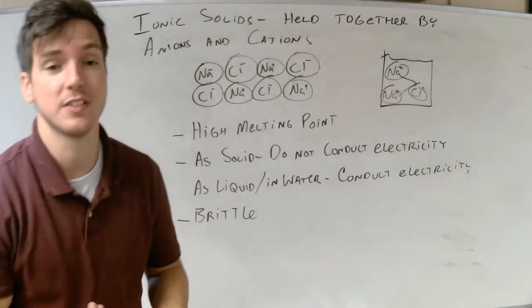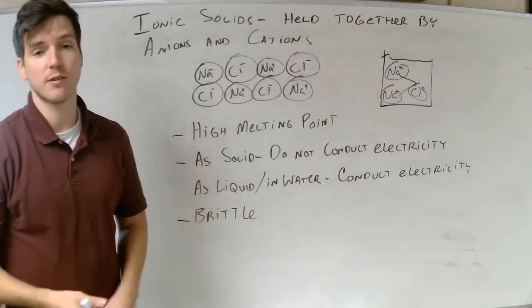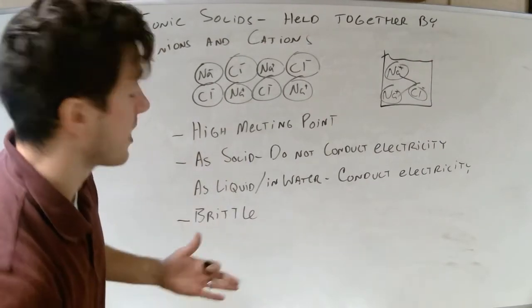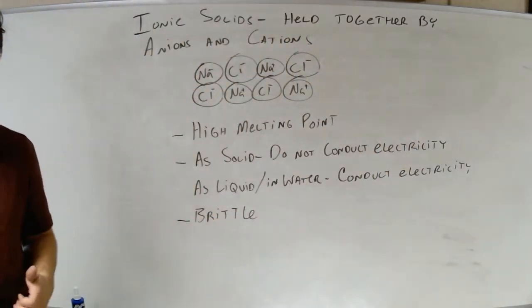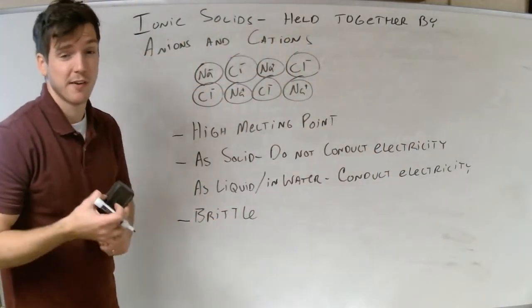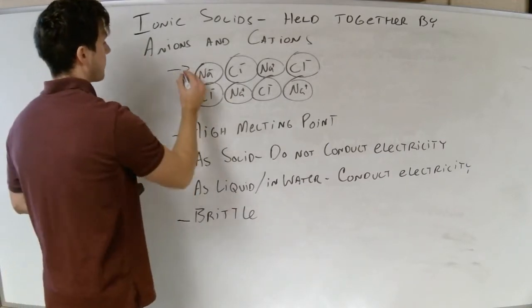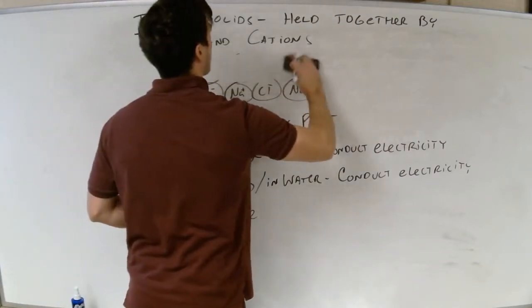So ionic solids, not able to conduct electricity in solid form, but if we melt them or we put them in water, they can conduct electricity. Another great aspect of these is that they are brittle. Okay, this is due to a thing called shear force. If you can imagine me just moving that top row over one, right? If I move that top row over one,